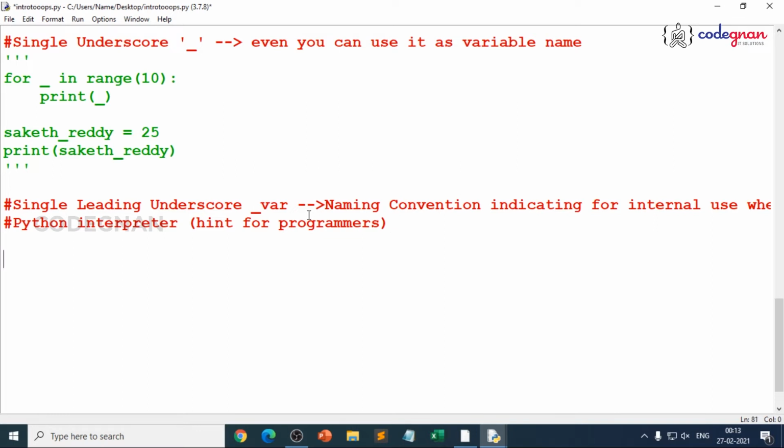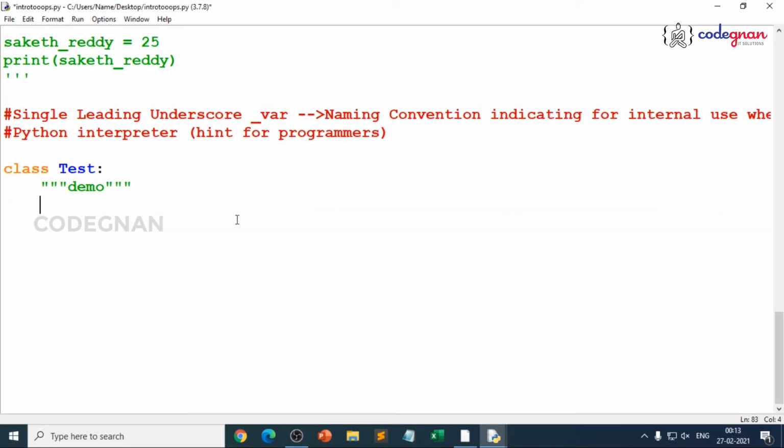So for that, I just create a simple class and make you understand how you access the method variables in it, even by using underscore. I create a class called test. As I told you, this is a simple demo. I write a docstring. Even if you don't write a docstring for any class or method, you just keep on practicing it. So I define my special method, double underscore init, because I'll tell you the importance of double underscore also, whether it is leading or trailing.